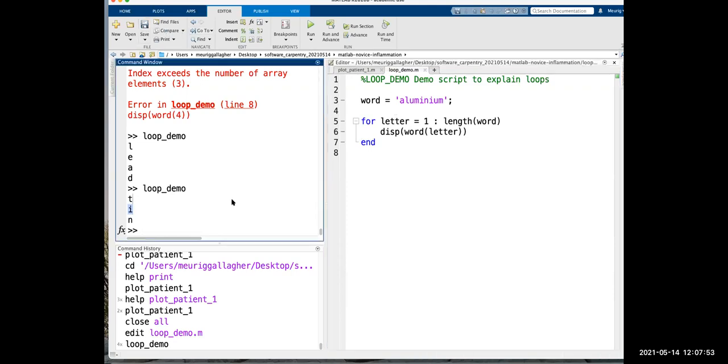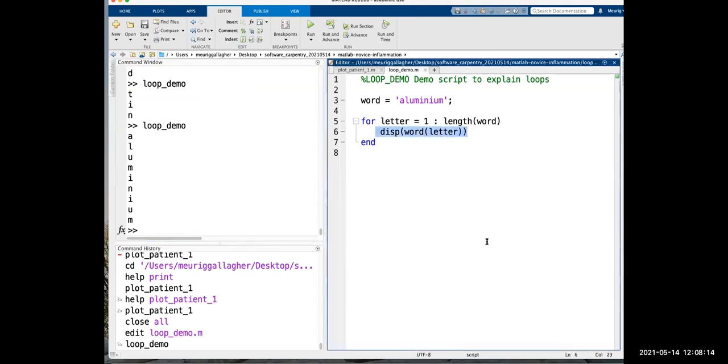So click save. We can run our loop demo. You see it's printed out every single one. So now this is great. This is going to work with any word we put in here. This will always work. We don't have to change any of this code. We just have to change the word that we've put in. So we're already getting something that's much more robust. It's actually fewer lines of code. We don't have to write this display line for every single letter. We don't have to keep changing it, keep worrying about what we're doing. We just set up a loop. We're telling the loop how many times we want it to work on, and then what we want it to do for each one.